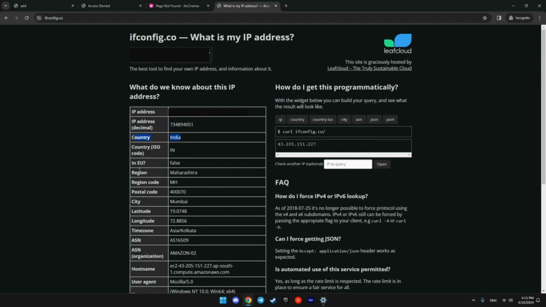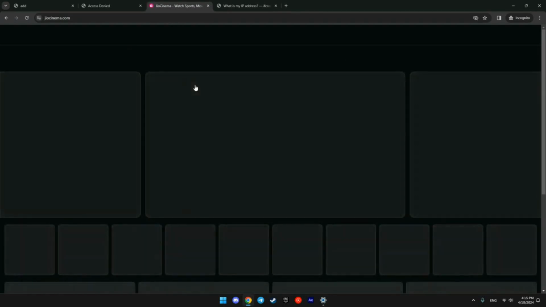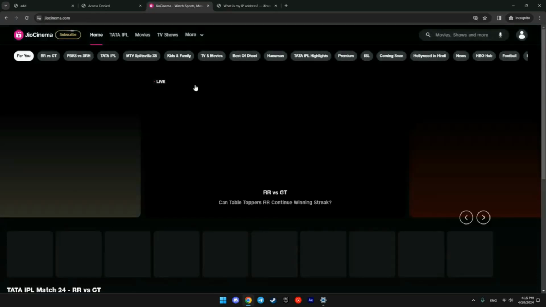Now we can try to open Hotstar and JioCinema. Let's try JioCinema. Refresh the page. It's loading. The same with Hotstar. I will put